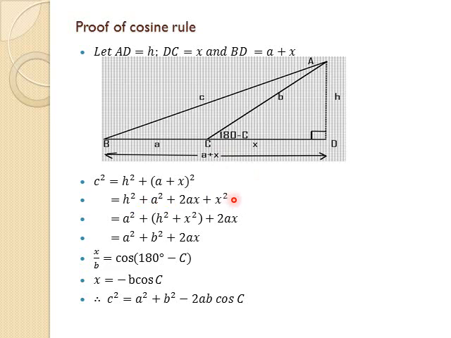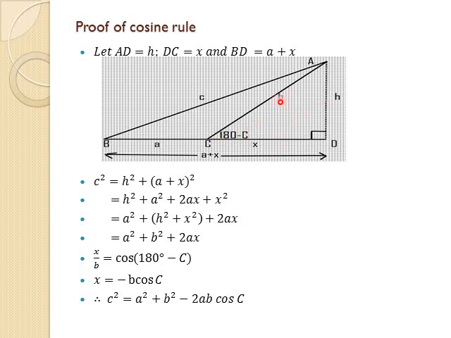Then a test, can you multiply out correctly? Right? But if I take h squared plus x squared to the smaller triangle, that always gives me that longer side, which is b squared, which is opposite angle b. Right? So if I have now a squared plus b squared plus 2ax, remember this must now read minus 2ab cos c. So therefore, I work out the cos of c, which is here 180 minus c,